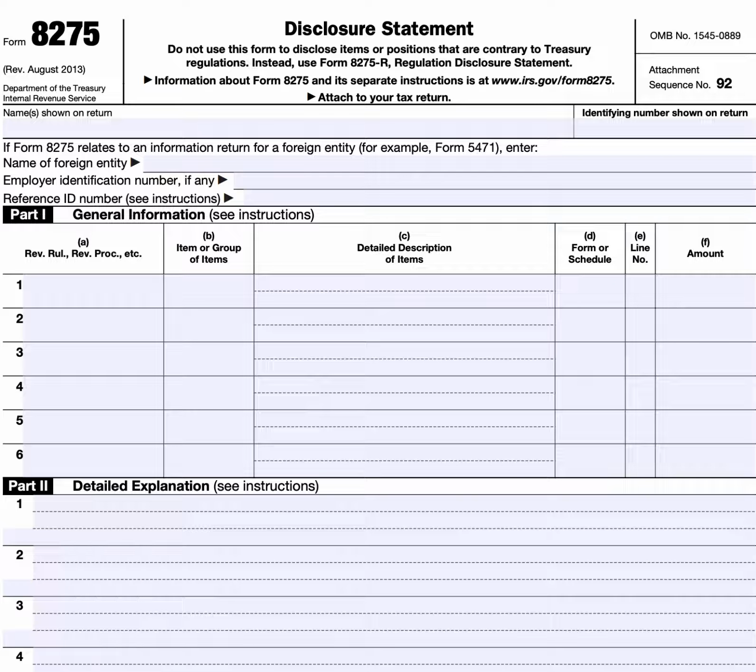In this video, we'll be going over IRS Form 8275, Disclosure Statement. The purpose of this form is that taxpayers and tax return preparers will use it to disclose items or positions that are not otherwise adequately disclosed on a tax return. The exception is if you're taking a position contrary to Treasury regulations. In that case, you'll want to use IRS Form